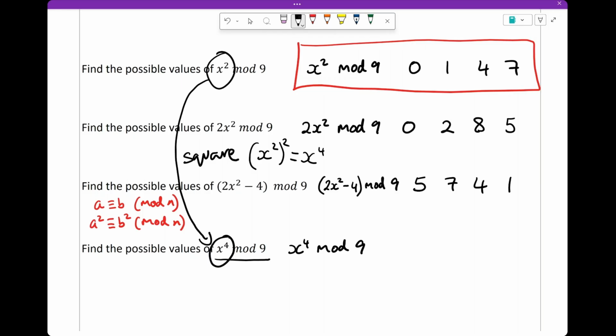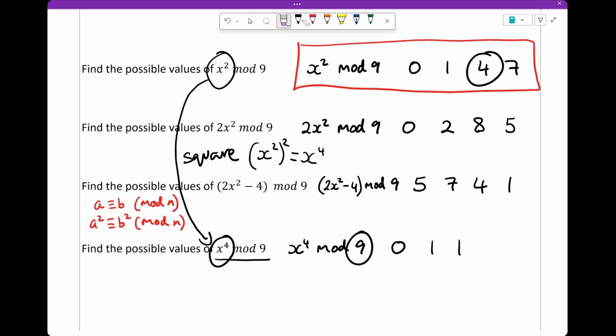So let's start with the 0. If we square 0, we just get 0, which is the least non-negative residue. So I'm going to write that in. Then if we go to 1 and square it, we get 1, which is smaller than 9. So once again, that's fine. Then if we go to the 4 and we square it, we get 16. However, that value is greater than 9. So let's get the least non-negative residue by subtracting 9 off it, which would give me 7,